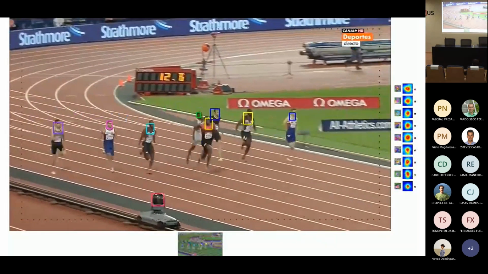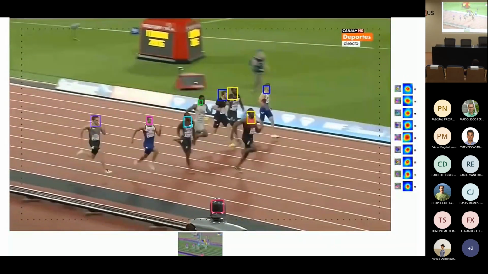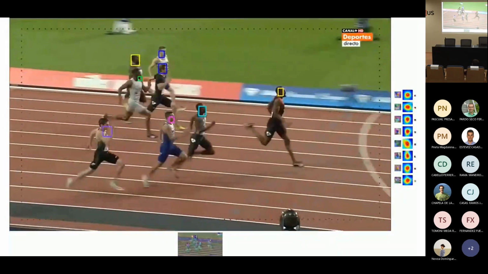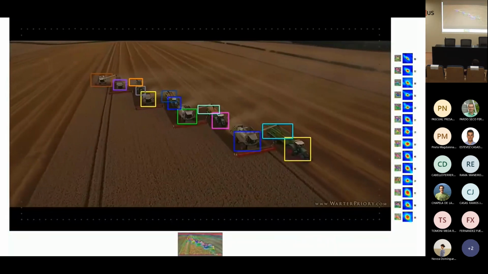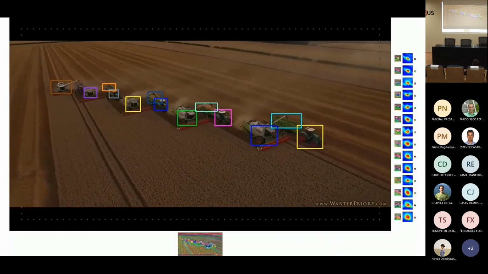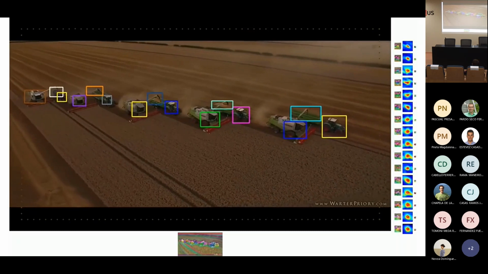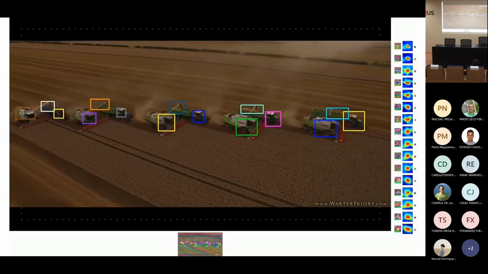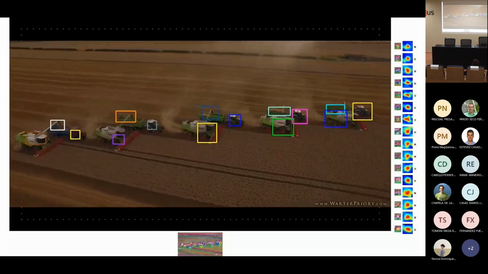In this other example, we can see how the system is able to differentiate between these runners from their facial features. We can see that it is very robust towards shape changes and also perspective changes. And in order to reaffirm that the system is able to handle several objects in real time, here we have several pieces of farming machinery. As you can see, the machines are in motion, they have very heavy occlusion between them, and the camera is also in motion, which is another difficulty.